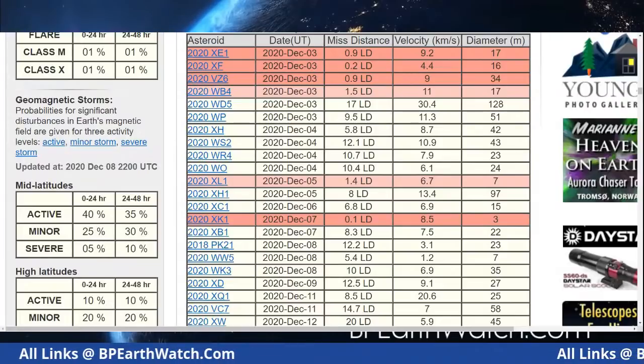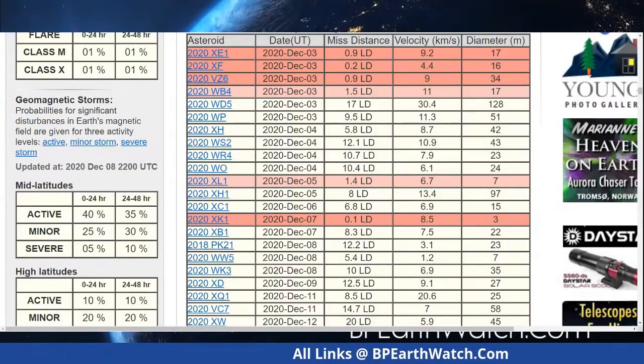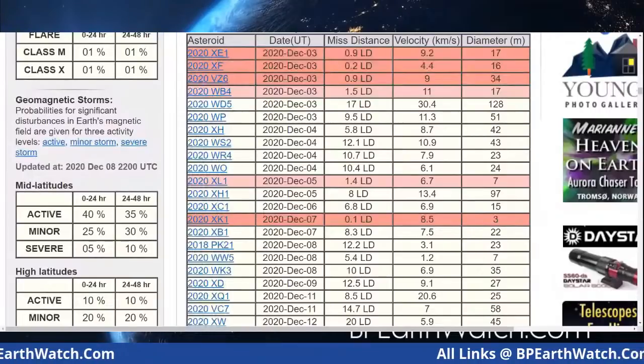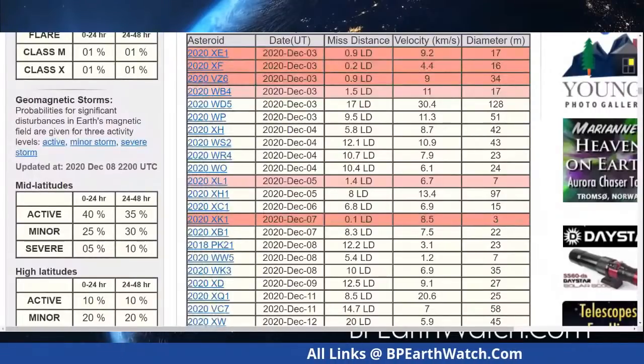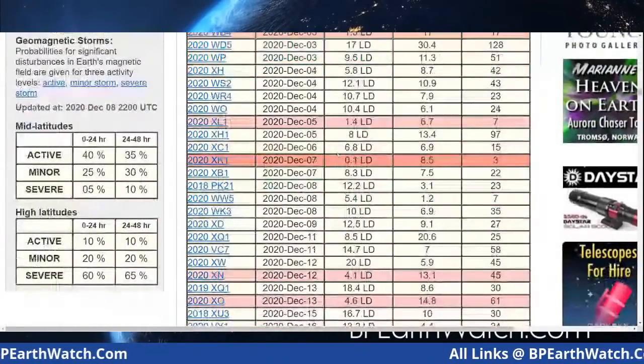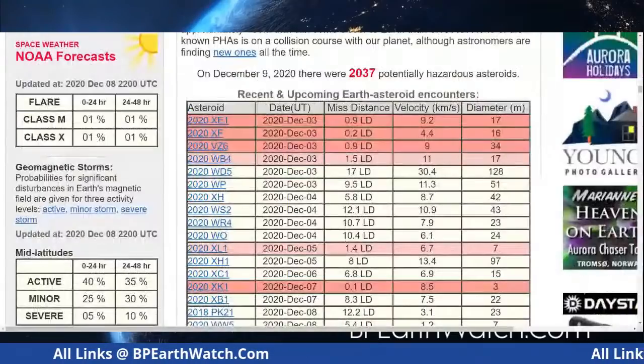Guys, they changed this about 6 or 7 years ago. We called them out for putting misinformation on there. And you used to see a lot closer asteroids, but they quit doing it. And it's kind of a shame, but 0.1 LD, guys, which is the closest one they're showing here, that is still a tenth of the distance to the moon, 28 to 30,000 miles away from our planet.